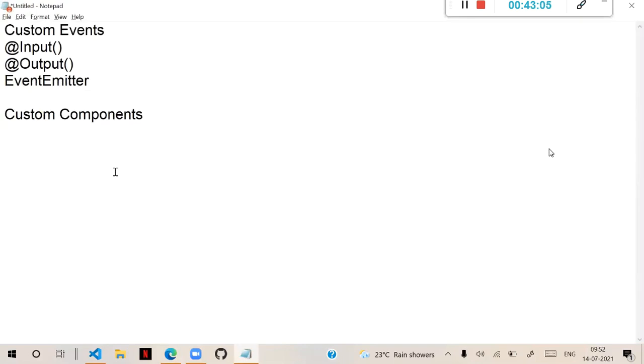Angular has a component library like that called Material. Angular Material is a component library, and this component library provides several predefined components. It is actually just like